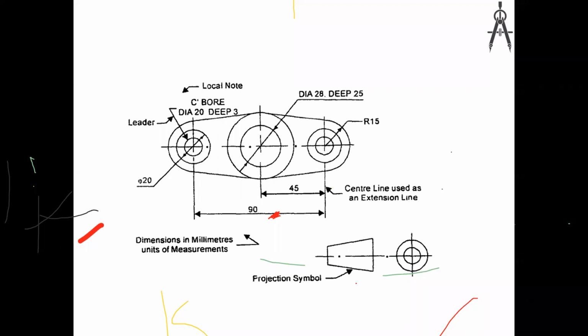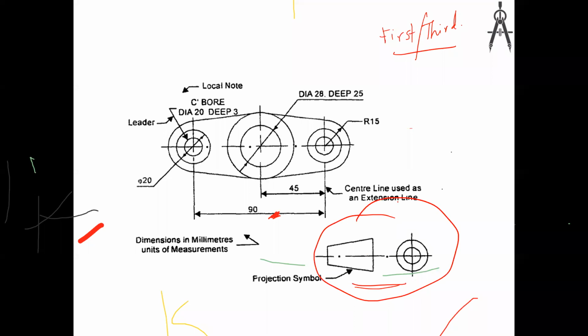Did you study about this projection symbol? I earlier told you to study the first angle and third angle projection. As you searched about those things, I think you can find a lot of YouTube videos for the first angle and third angle projections, no? So here you can see this symbol, which is called the projection symbol. How this is made is,